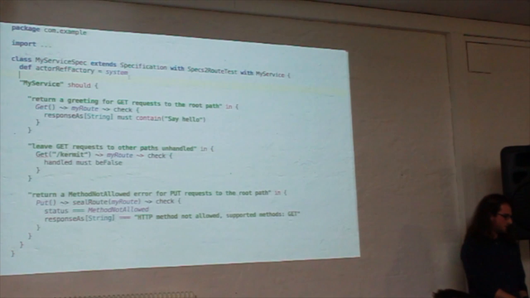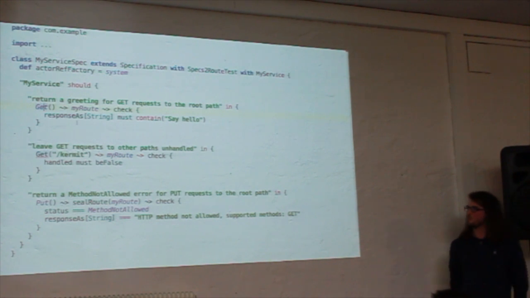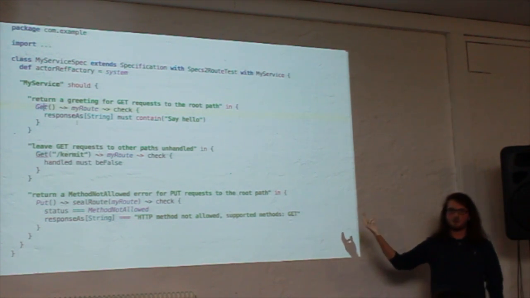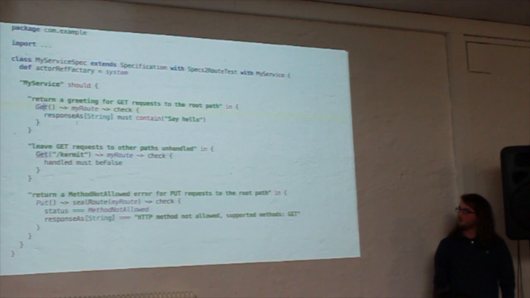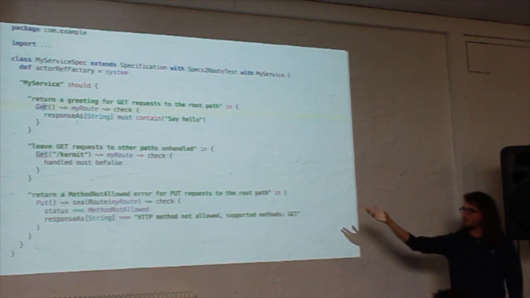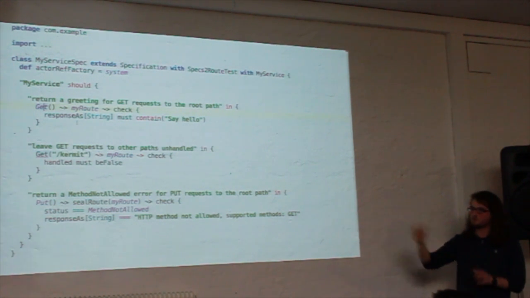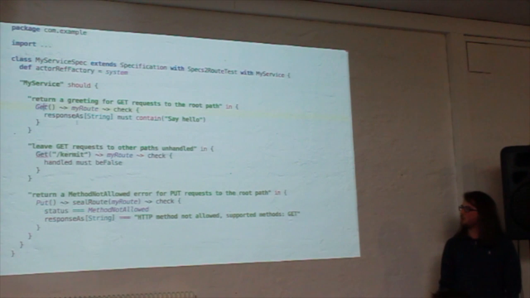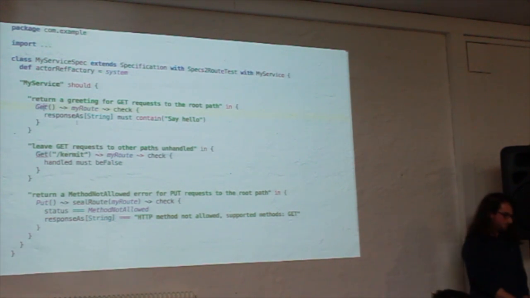Get from my route, check the response as string must contain "say hello from spray can", as we just saw earlier. And then you also check that get requests to routes that you didn't define respond with 404, are not handled. It's very straightforward.